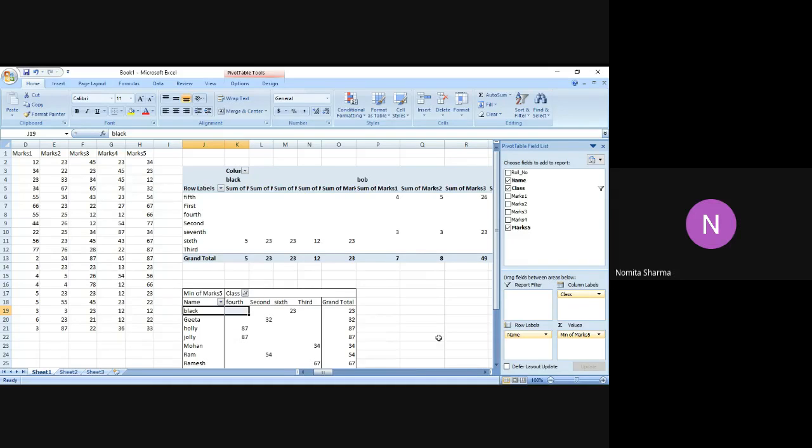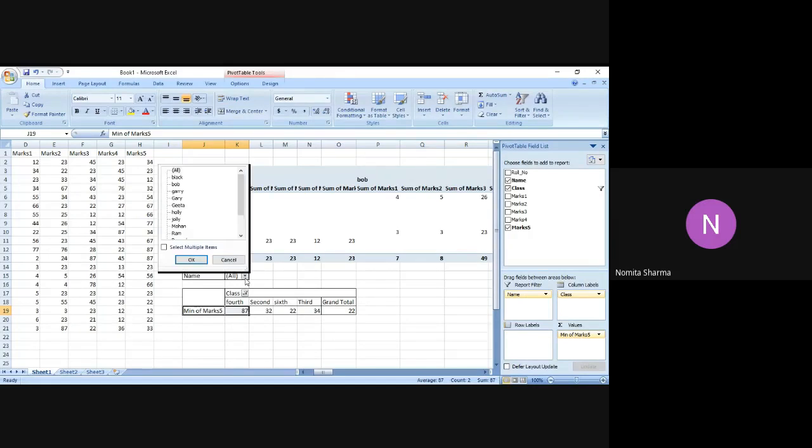So let me have another filter over here. Maybe I can have a filter on the basis of, say, name, let me do that. So you will see that only this particular table is there. And if I select the name now, let me have multiple names so that there are more options in the table which I can work on. So I've selected from all, I've selected only a few.